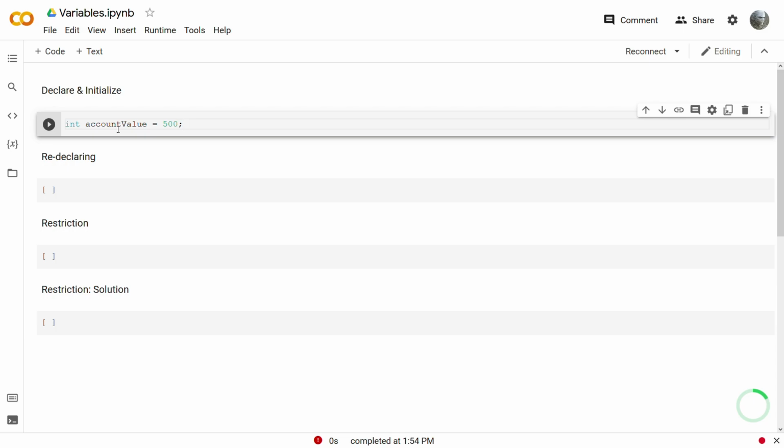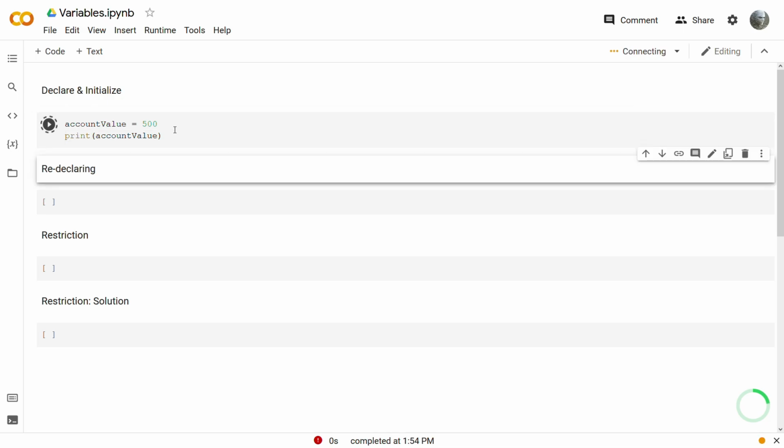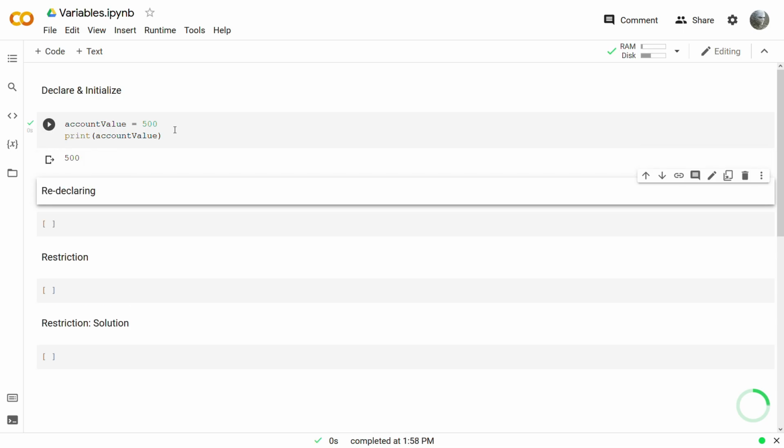But in Python, we don't have to declare what kind of data type we want. Python is smart enough to actually understand what we want out here. So account value. Let's give it a try and print it out. You can see that the answer is actually 500, and we are able to print it out on the